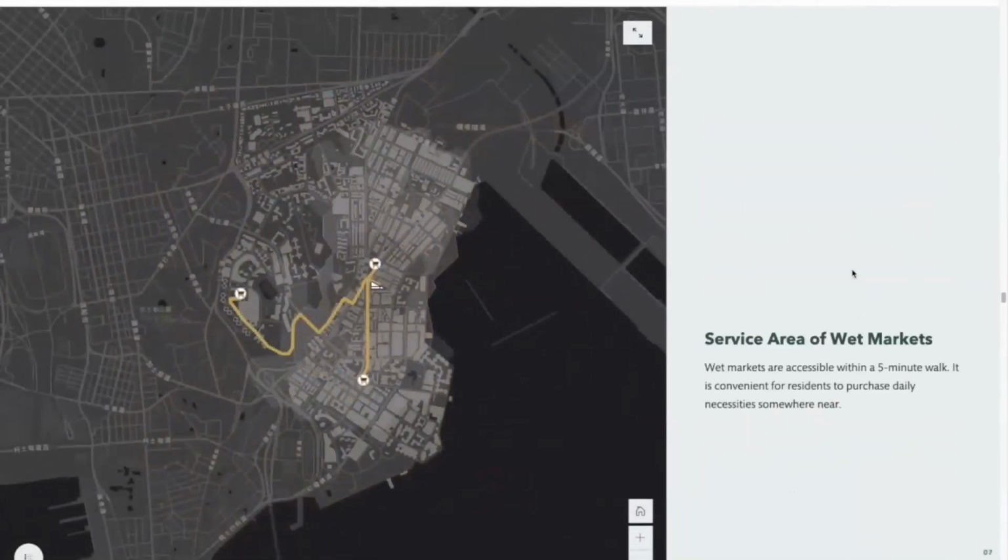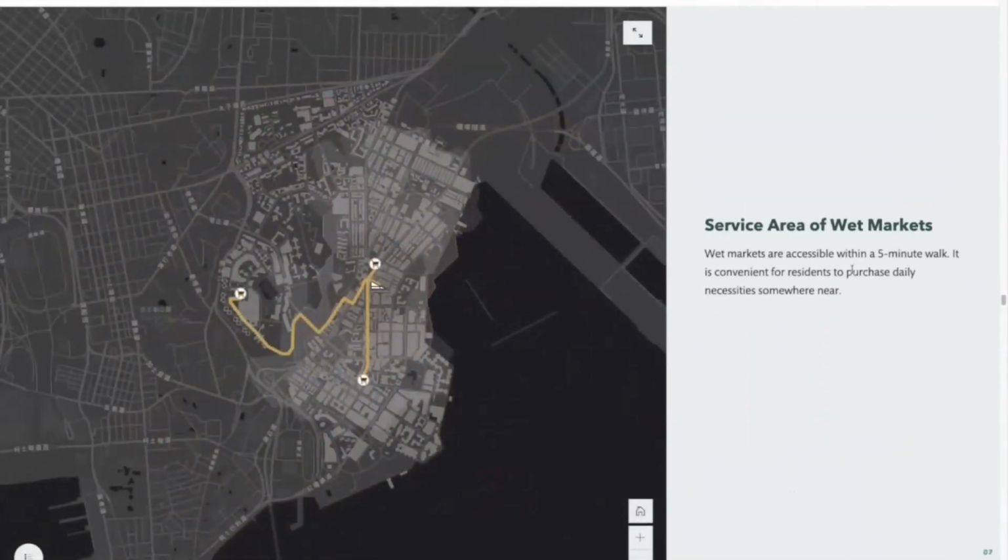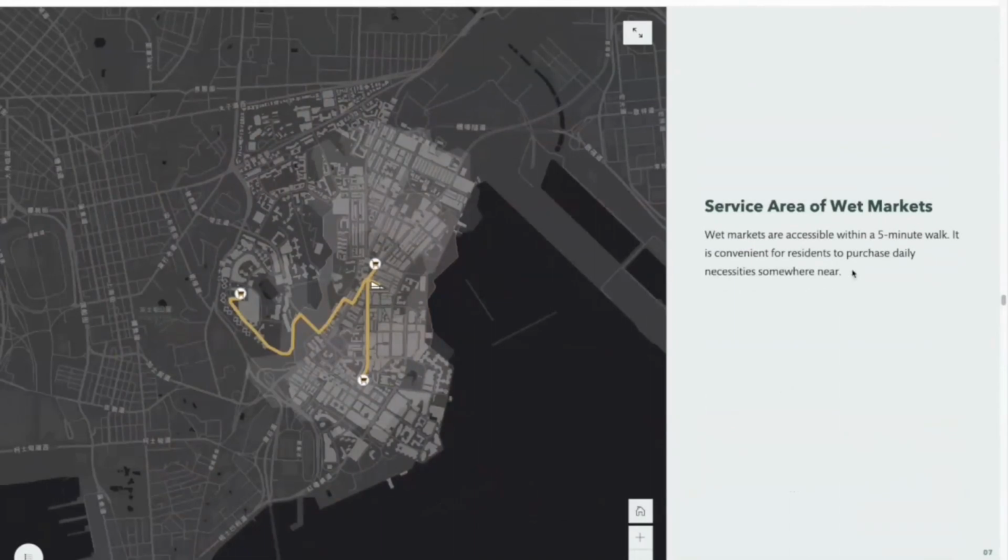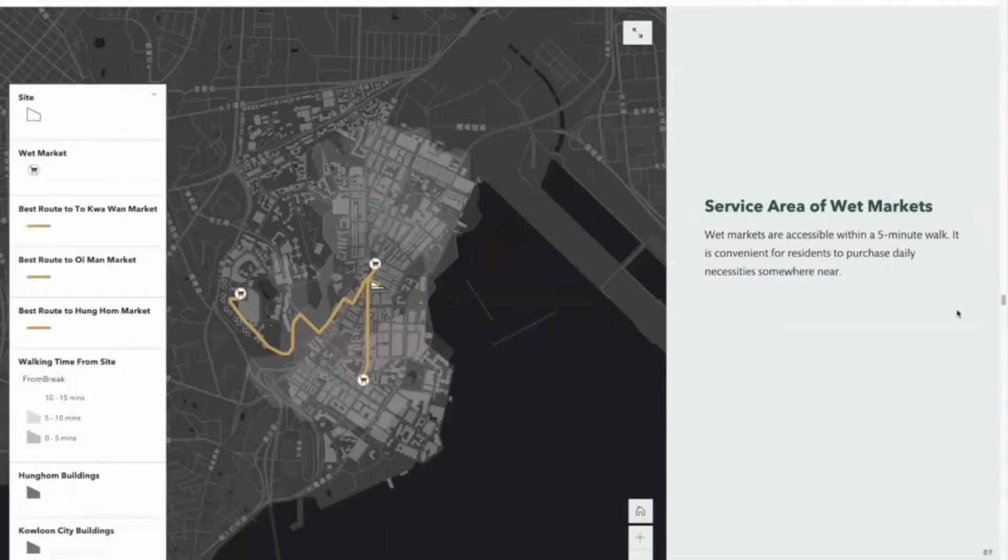We also analyze parks and wet markets. The provision and availability of them is very important to understand if it will be able to support and satisfy the new development project. We can see here that there are 2 large wet markets within at least a 10-minute walk from our site.